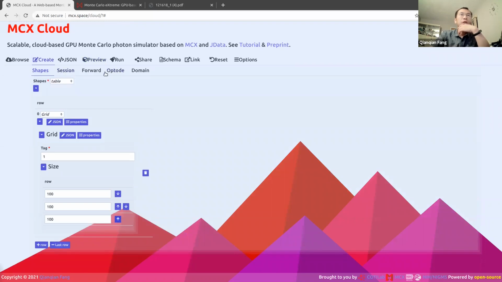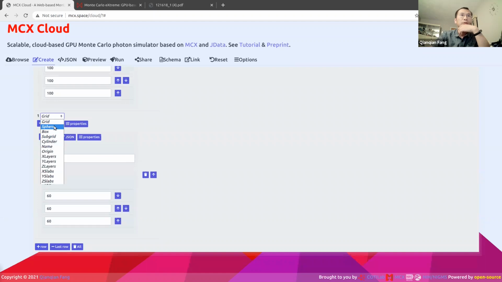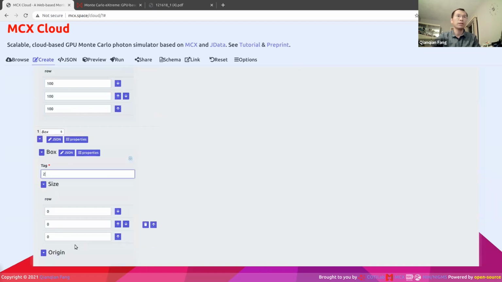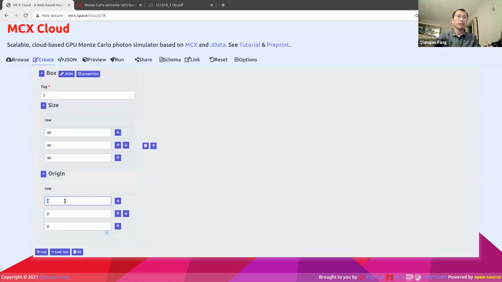And in addition, we have an inclusion, and for that inclusion, I'm going to create another object, and it's a box, and that has a size. Let's say the label is number 2, and the background is number 1, and then this inclusion is number 2, and the size is 40 by 40 by 40. And the origin of this is at 30